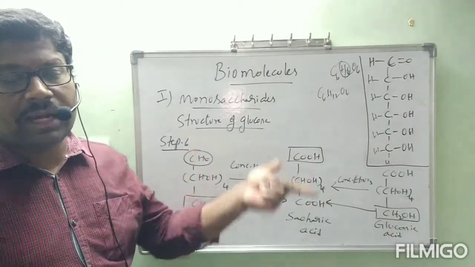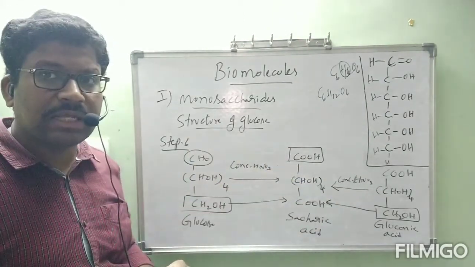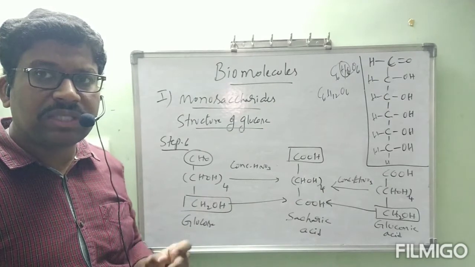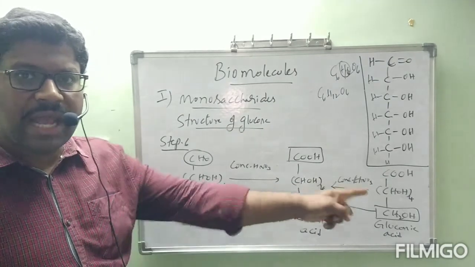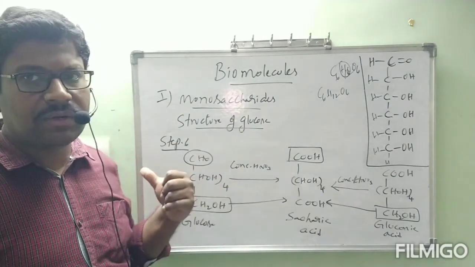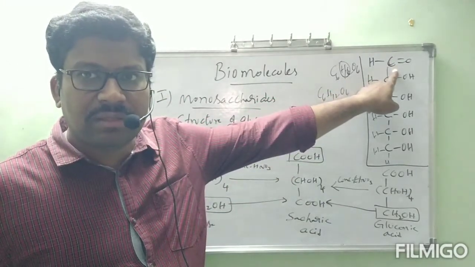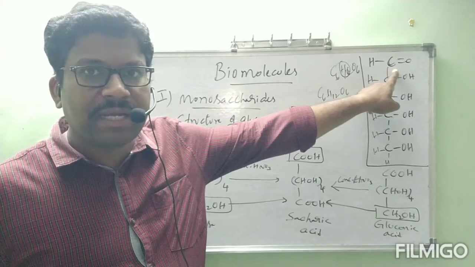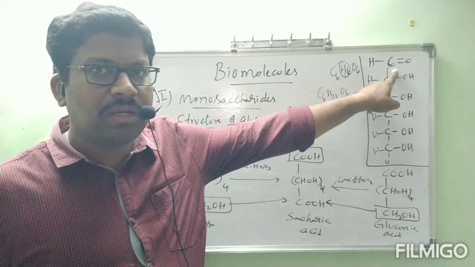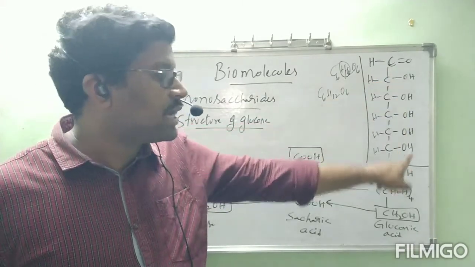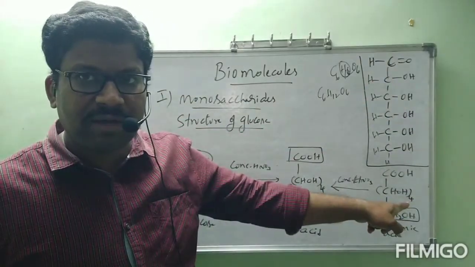Reaction of glucose with a mild oxidizing agent gave gluconic acid. Without changing the number of carbon atoms, we got an acid, so that must be from an aldehyde only. So we confirmed the aldehyde. Next, reaction with acetic anhydride gave the pentaacetate. From that we concluded the OH groups must be present on different carbon atoms. We have confirmed that one.